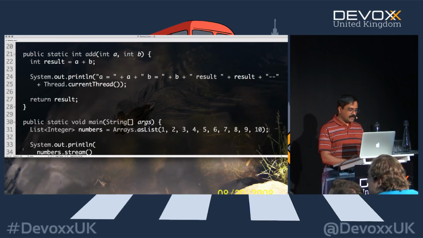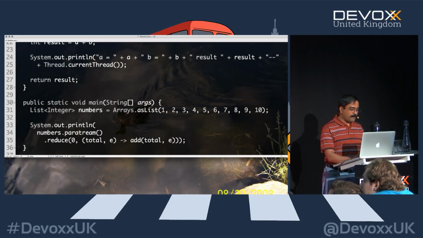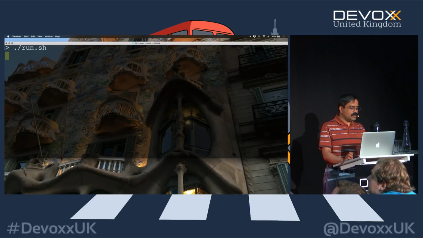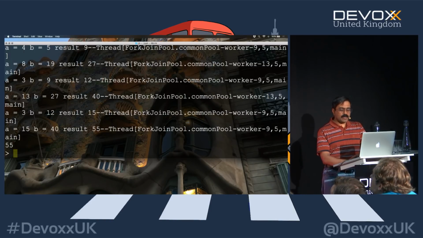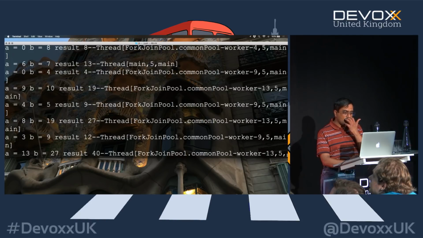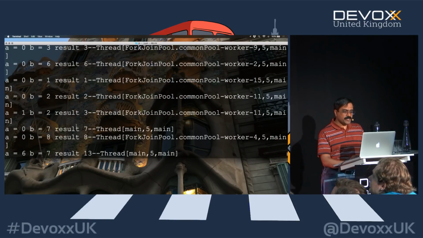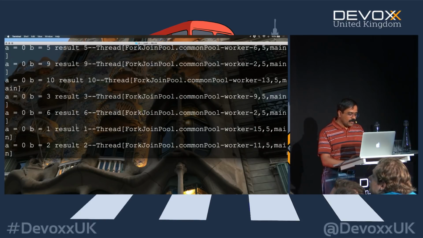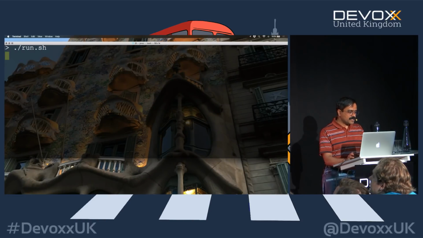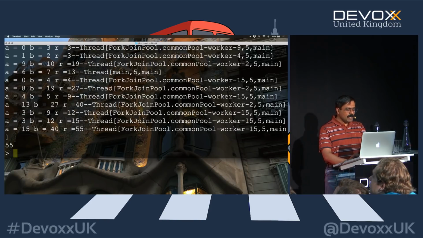Let's give it a try again. But this time around, let's go ahead and say this is going to become a parallel stream. And when I say this is a parallel stream, when I execute this, notice that they all ran in parallel. Well, they all ran in parallel, as you can see. That's all the fork join pool thread, as you see in here. But when you look at the result, I'm going to shorten this just a little bit so it's easier for us to see. So I'll just simply say R is equal to, rather than the result is equal to. Let's see if that comes into a line. Okay, that's a little bit better.